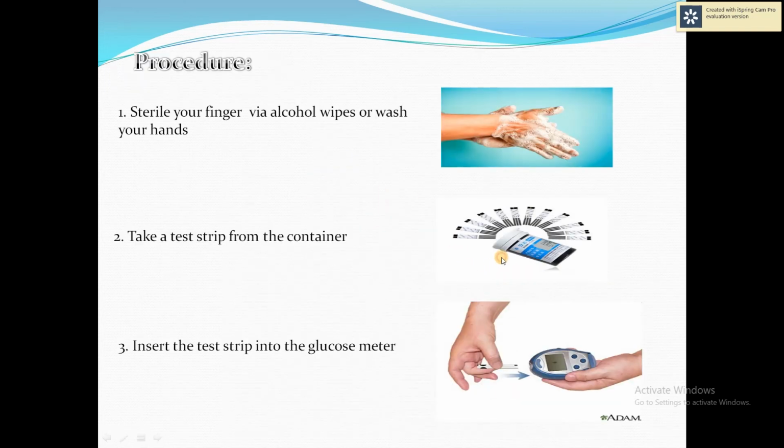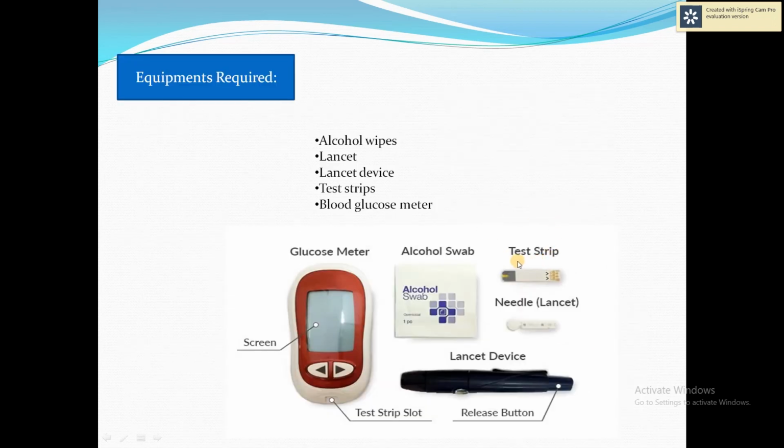So these are the pictures of what a test strip looks like. If you follow this online course properly, you'll definitely get to know how to measure the blood glucose level, and other two things which we will be discussing the next day. So this is the test strip, and this is the lancet, which is also known as the needle. This is the lancing device where you will be inserting this needle, this is the glucose meter, and this is the alcohol swab. So let us begin with the procedure.